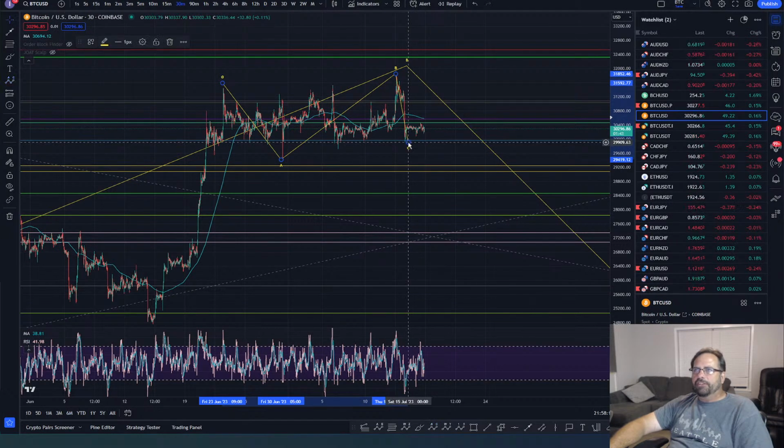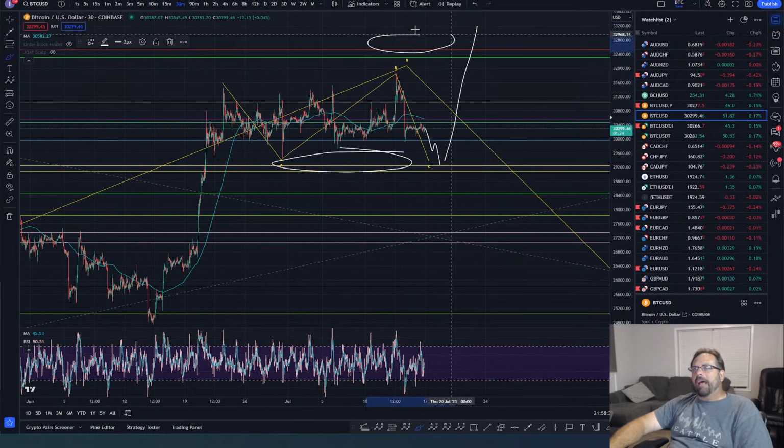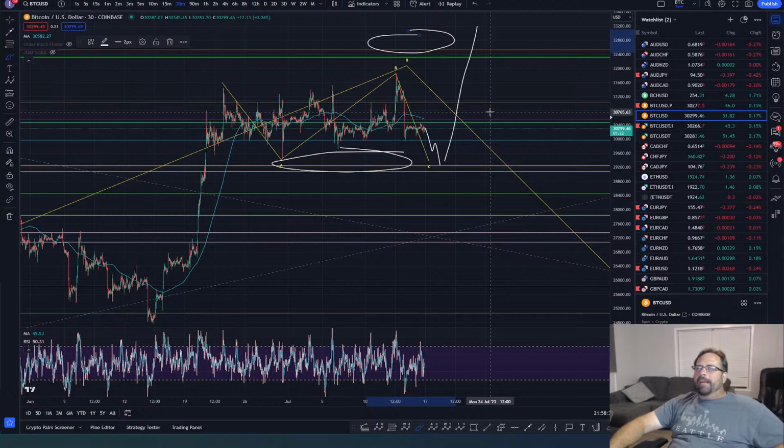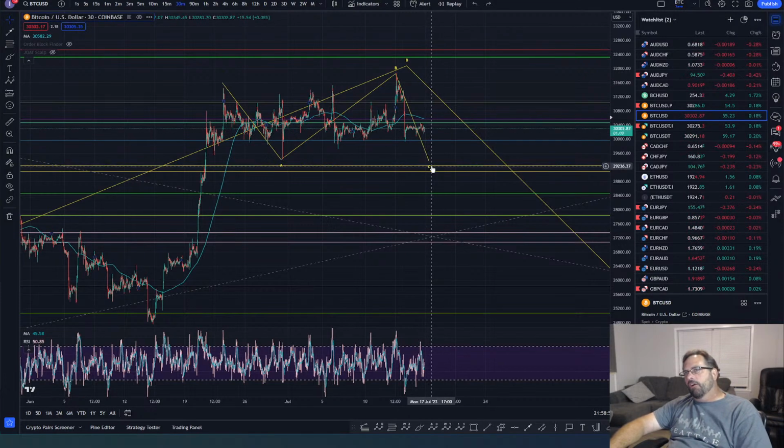Now C could be finished. I don't think so, though. I think C needs to come down. I think we need to come down and hit this low and take out this liquidity down here. And so I wouldn't be surprised to see this come down here, take out this liquidity, and then shoot the top and take out that liquidity up here. And that's the way I expect price. That's a really good way to look at the way this market may play out over the next several days. We hit the low and then start working our way up, and we hit the high.